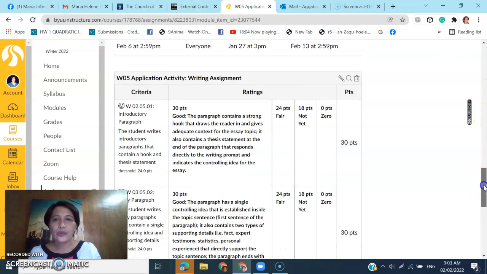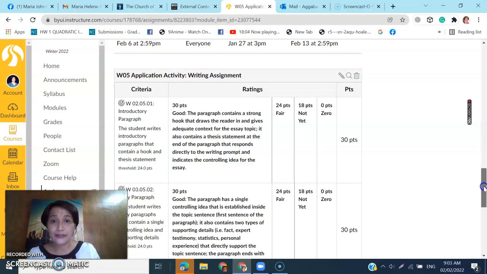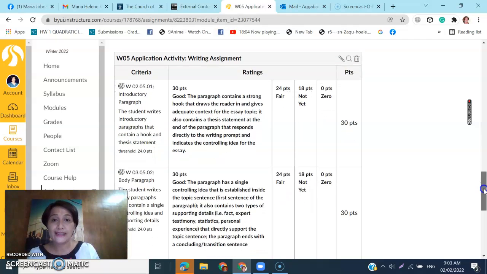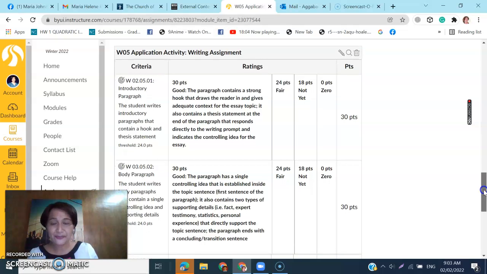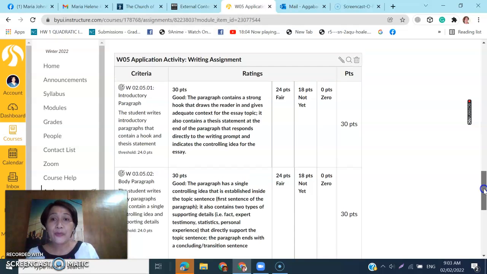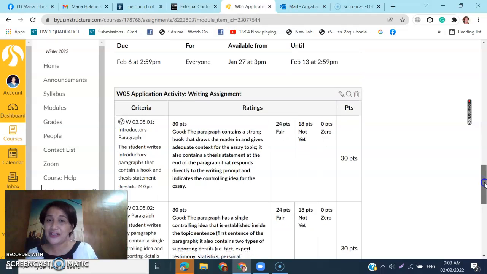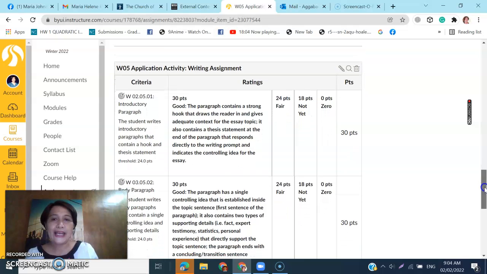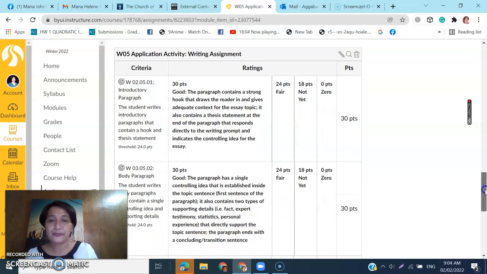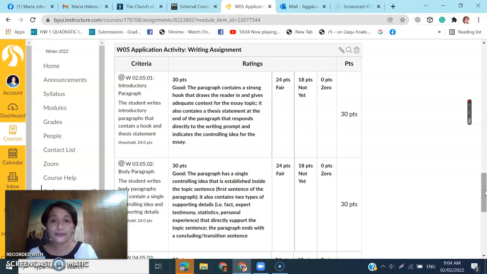I'm showing you the rubric for this week's essay submission. I'm reminding you to please check the rubric before submitting your essay this week. Okay. The rubric has the following criteria to get a 30 points score